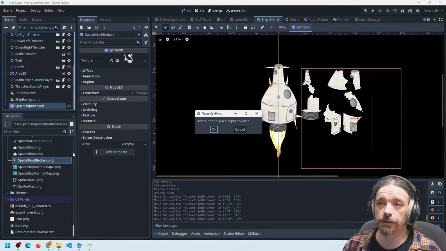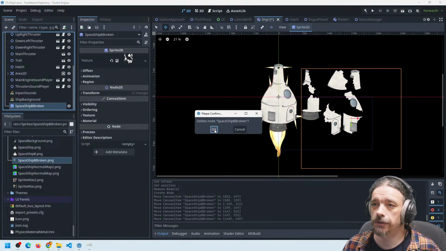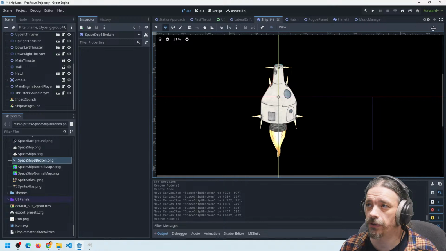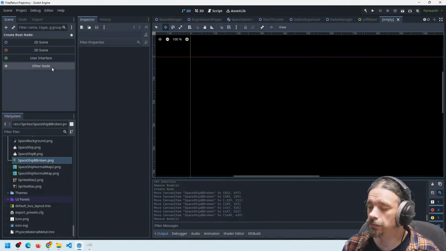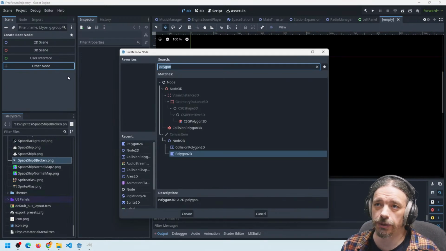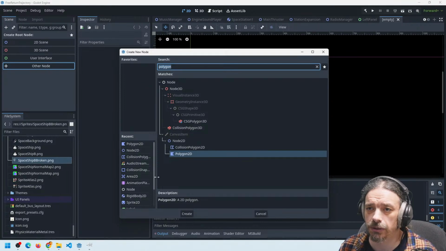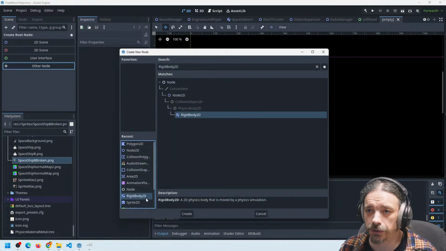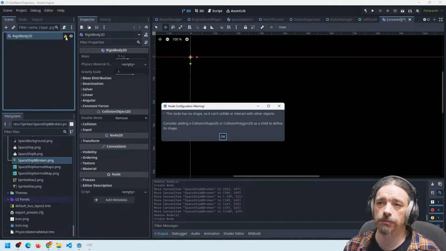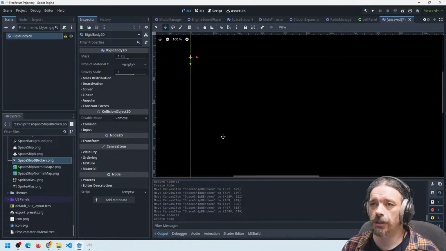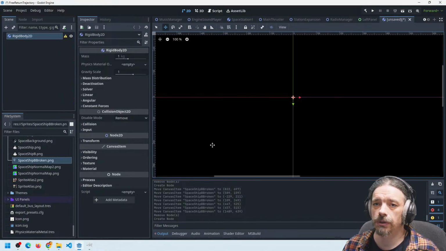So let's delete this from here. This is scale 1. I don't have to change anything. I will create a new scene. This will be, that's the part I'm not sure, so I will try. This needs to be rigid body 2D, and of course the rigid body does not contain a collision shape. Yes, I know. Let's put here